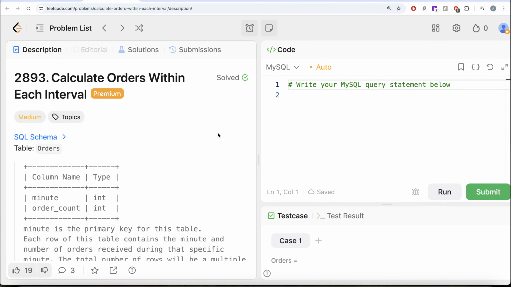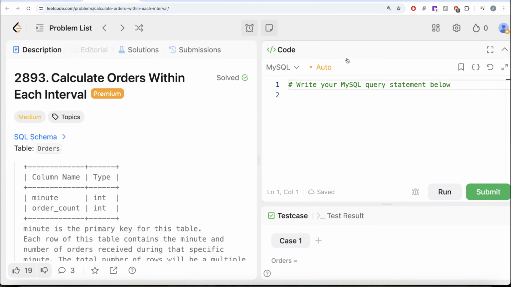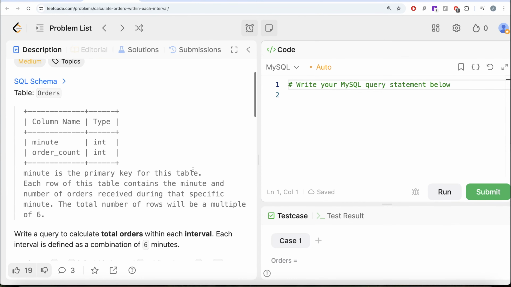In this video, we are going to solve this question on Leetcode regarding calculate orders within each interval. The difficulty level of this question is medium, and I'm going to share the SQL schema in the description box below. Okay, the question reads, we are given a table called orders with two different columns, minute and order count,